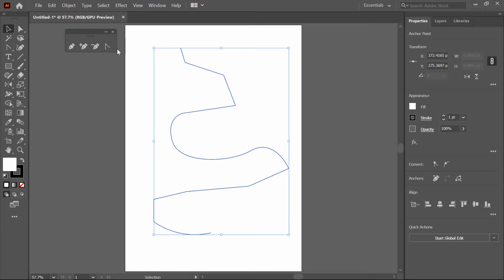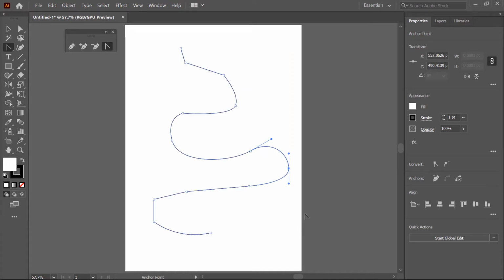In the first method, you can use the anchor point tool. I click on this to activate it and then click on this point and drag in the bottom direction. So a curvature smoothness is created by using the anchor point tool. Same as, I click here and then drag. And if you want to modify only one direction, press the Alt key, then click on this point and then drag. So only one direction is active.